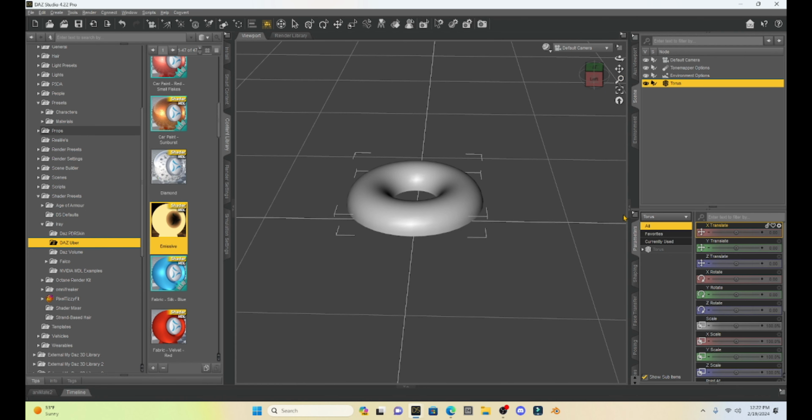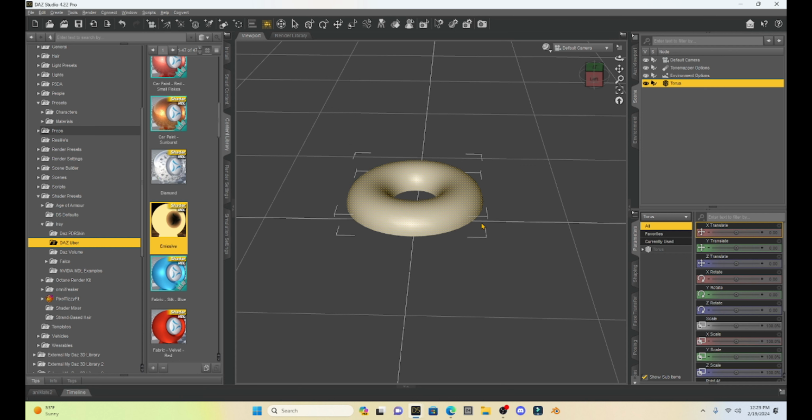The next step is to flip our normals. So we want the light to come from the inner surface of our Torus, and so we're going to change that by dragging and selecting the entire Torus again. We're going to right click on the Torus once again, go to Geometry Editing, and then select the flip normal of selected polygons. Now you're not going to really see anything, but what that does is it turns the normal